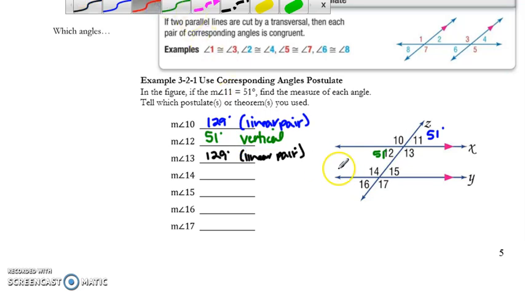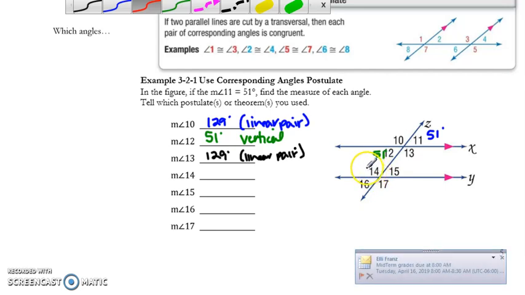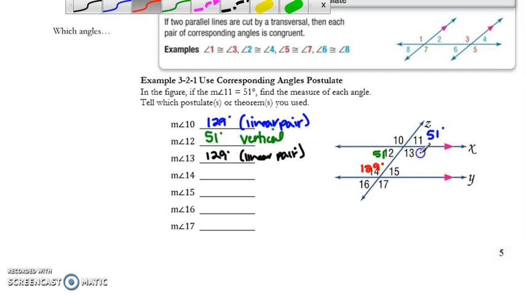All right, the next is going to be number 14, and 14 is right here. That is going to have to be 129, and its relationship to 13 is the same because those are alternate interior. All right, the next one is going to be 15, and we could say that one is 51. We know it's 51, corresponding to 11,